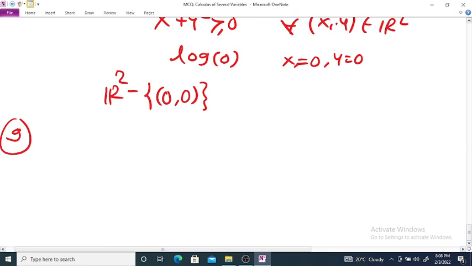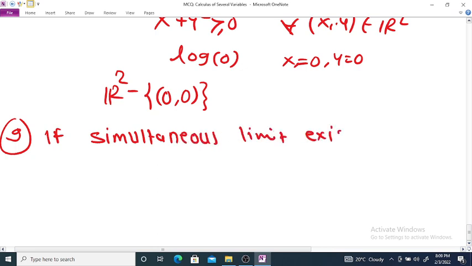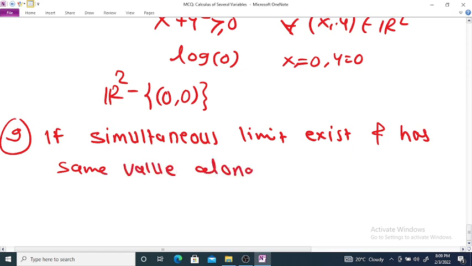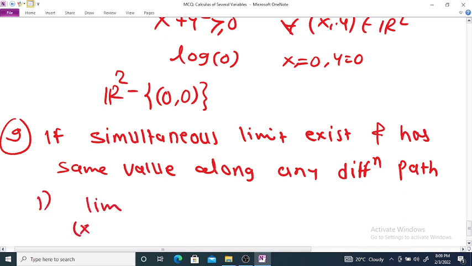Number 9. If the simultaneous limit exists and has the same value along any different path, then the options are: number 1, the limit as xy tends to ab of f of xy exists,